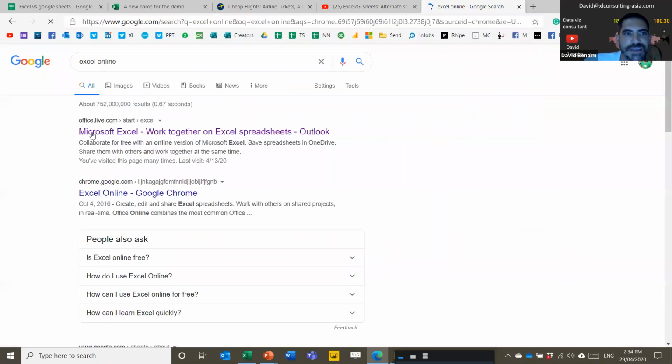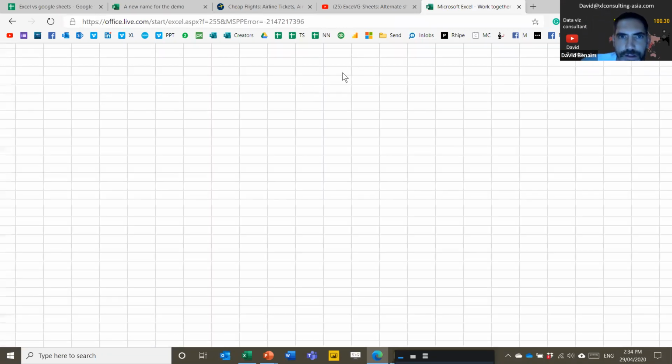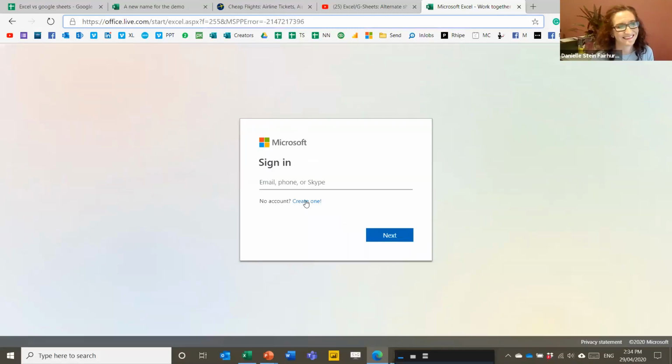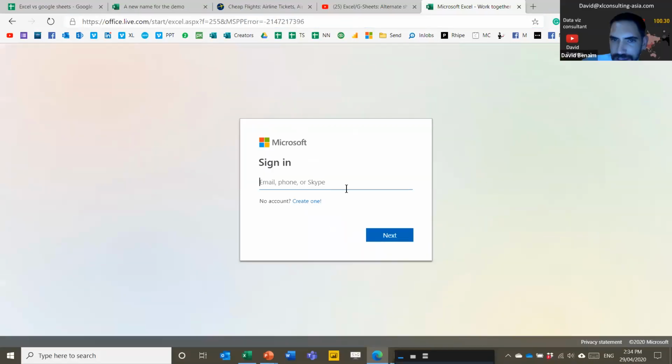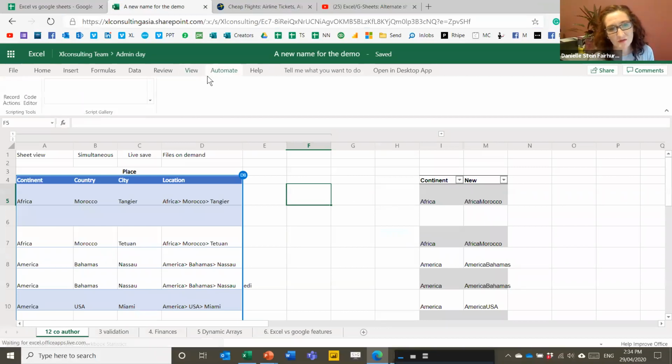Excel has Excel and all of Microsoft Office, PowerPoint; Google Sheets has an online equivalent. It stores an Excel file in your... right, there's an error on this. Obviously with demos, you always get an error of some sort. Always. Yeah. Well, it asks you to sign in, I guess that's why. So it needs to store it on either corporate or your personal OneDrive, but yeah, it will enable you to do it.